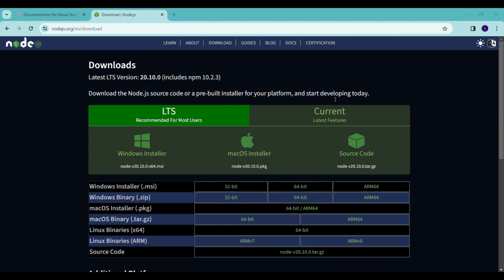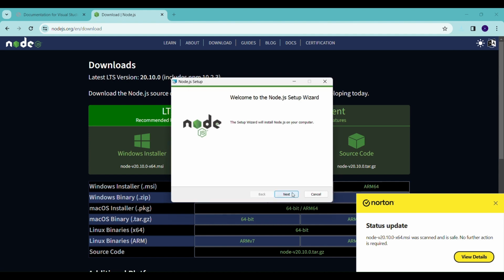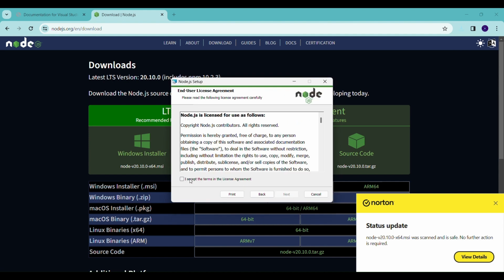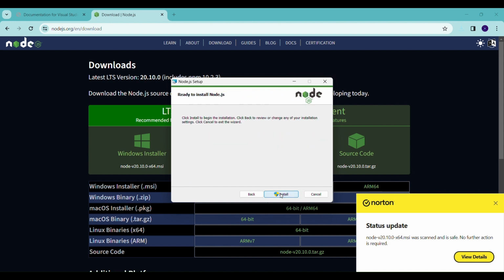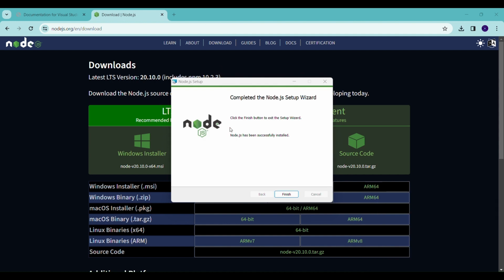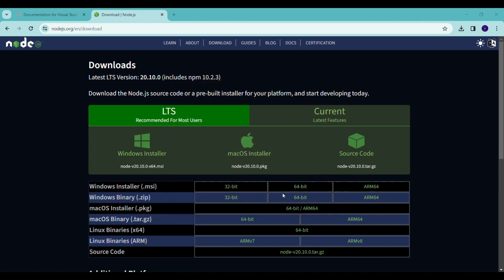We'll just open it. We just have to click on next. I accept the terms. Then go to next. No changes to be done over here. Just click on install and it will install Node.js as well. So our setup is complete for Node.js. We'll just finish it up.